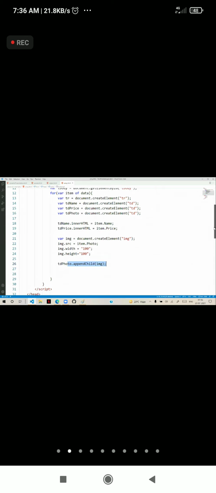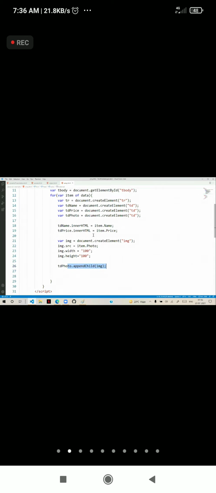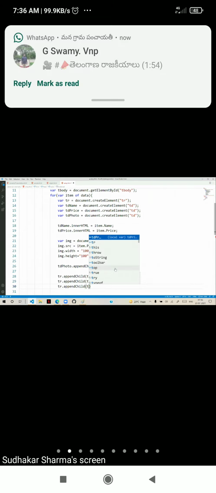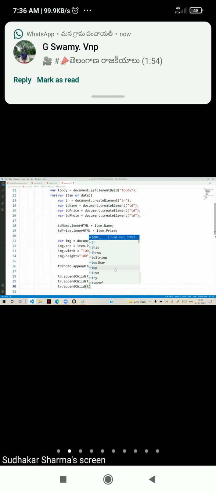After this, all 3 cells must be added into the row. So we write tr.appendChild(tdName), tr.appendChild(tdPrice) second, tr.appendChild(tdPhoto) third. That's how we need to add all the content.